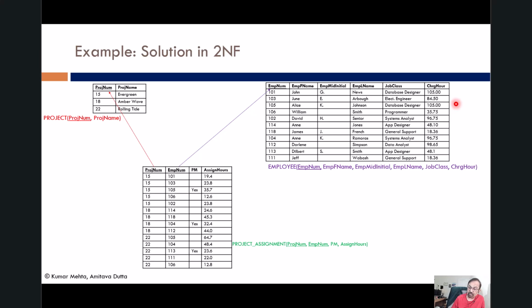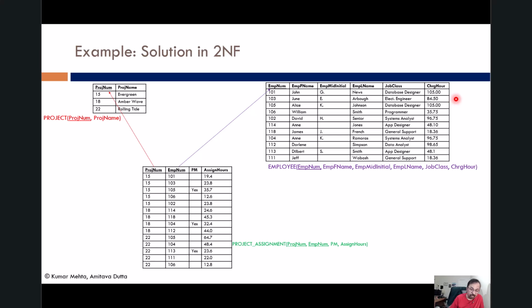But let's take application designer. Wherever application designer appears, the hourly charge is $48.10. Here again, you see $48.10. So if I just look at the data in the table, it suggests that the hourly charge depends on the job class. Any database designer will charge $105 an hour. Any electrical engineer will charge